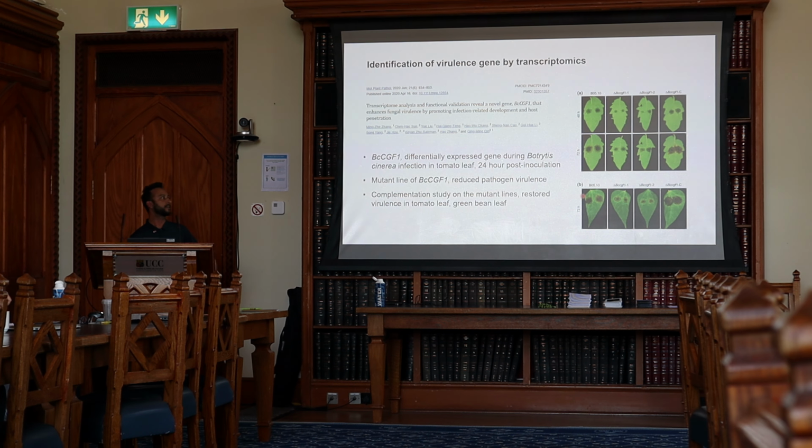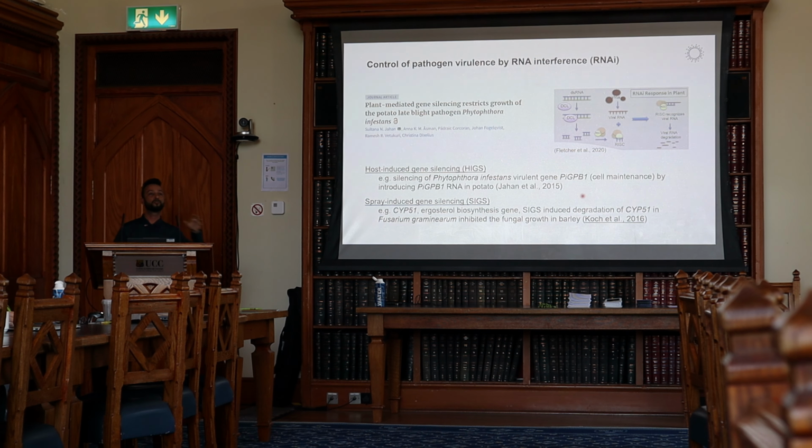And to validate that, this gene was silenced or mutated in the pathogen. Once this gene was mutated, the virulence of the pathogen was reduced. So that helped to validate that this was a virulence factor of the pathogen. Once we know that, this information is very important to develop strategies to control the pathogen. Since this factor is really important for the pathogen to cause the disease, we can use this information to control the disease by using some mechanism, for example,